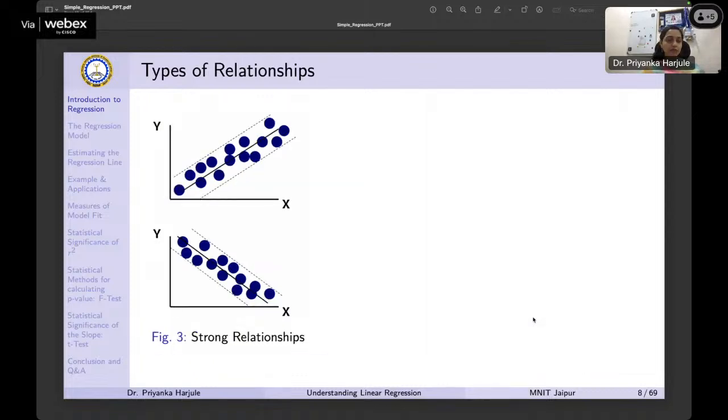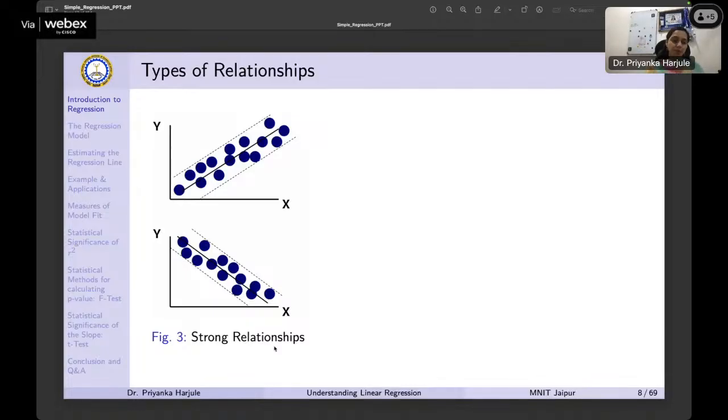More relations, we have more types of relations. These relations basically illustrate the different strengths between the variables, based on how closely the data points follow this line. Here you can see the strong relationships, a positive strong relationship in this graph and a negative strong relation in this graph. Positive strong relation may be height and arm length. Taller people generally have longer arm length. Negative may be distance from the city center and the property price. So, if the property is farther from the city, then